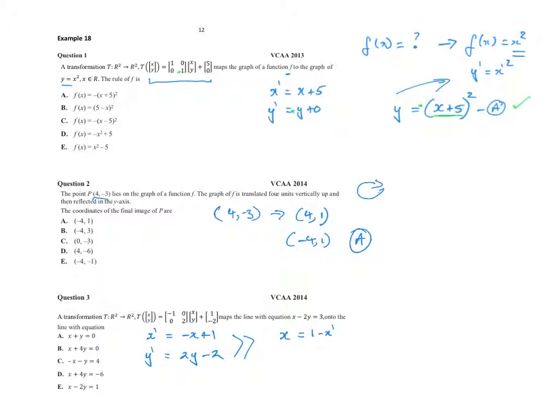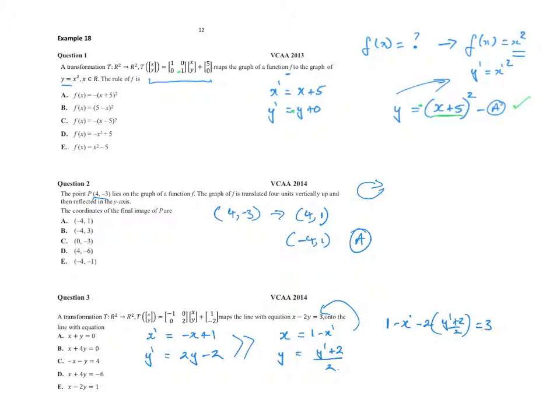And I'll have positive y is equal to y dashed plus 2 over 2. So there's my x and y values. Let's substitute those into the equation I've been given. So I get 1 minus x dashed minus 2 times the y value, which is y dashed plus 2 on 2